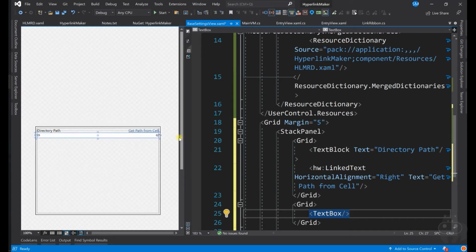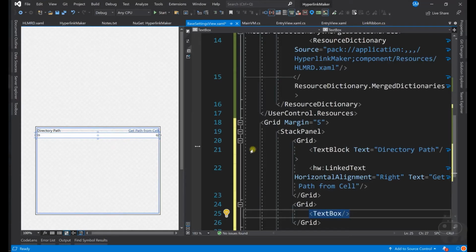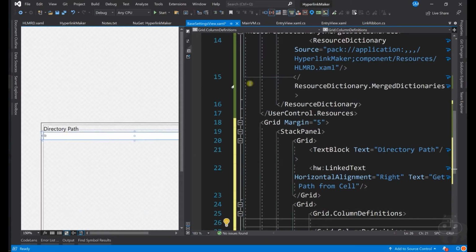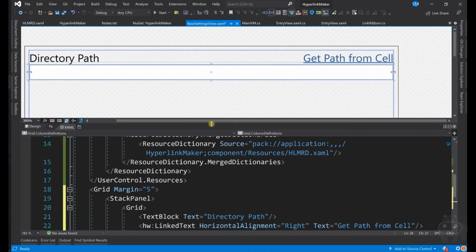I do not need the whole space, because at the end I need to add two items, browse and then an icon. So I'm going to create a grid dot column definition. So basically I am creating columns inside the grid. I'm going to now change the order so that it should be easy for you to understand.